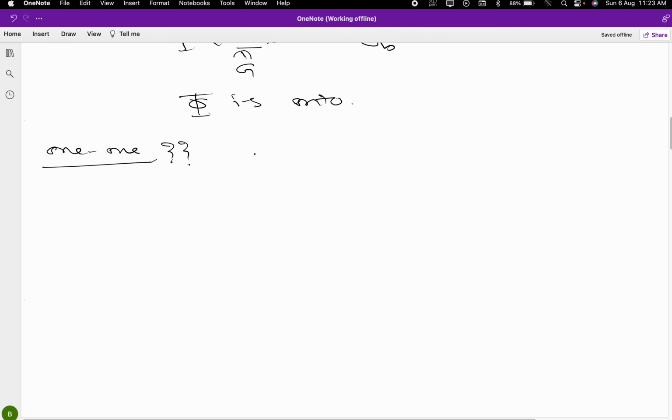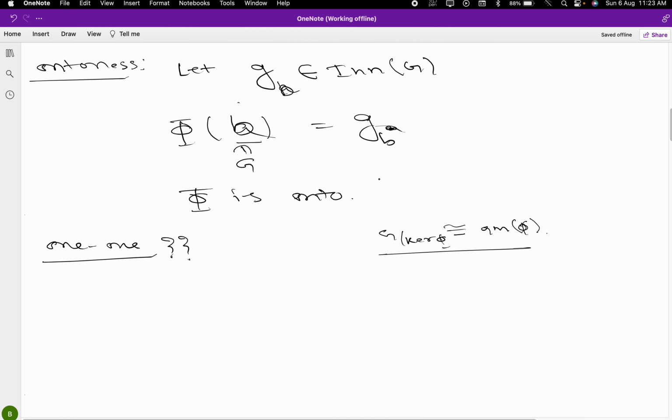if you remember, in the previous lecture I proved the first isomorphism theorem. That means G by kernel phi is isomorphic to the image of phi, is it not? Okay, so if phi is onto, this will definitely imply that the image of phi